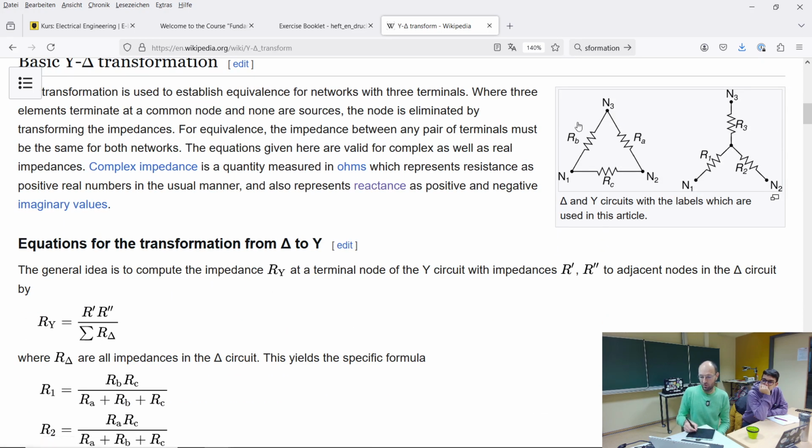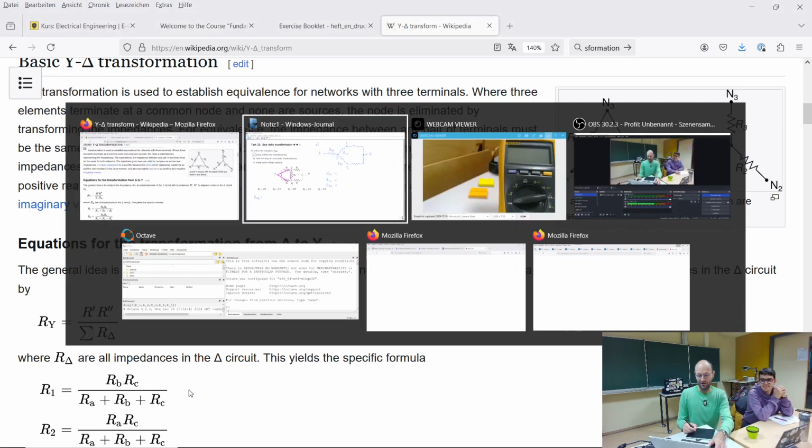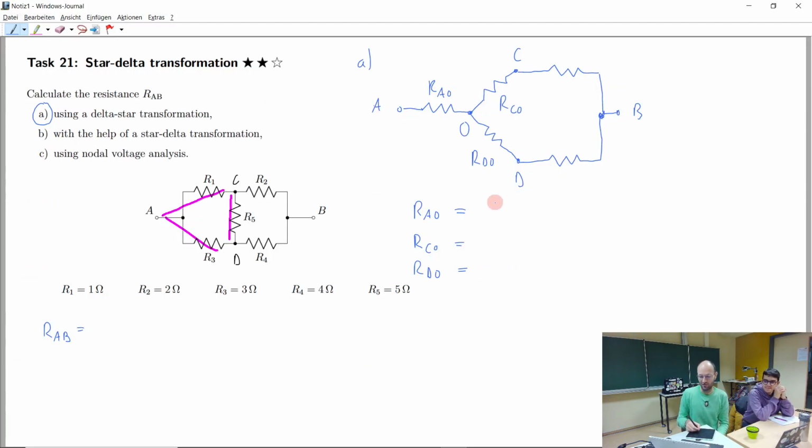And at node 1 we have resistors B and C connected. So it's the same thing here: the two resistors connected to this node divided by the sum of all three resistors. Do I remember this? No. I also always need to check it up. Okay, so